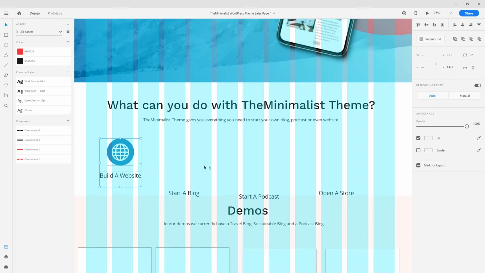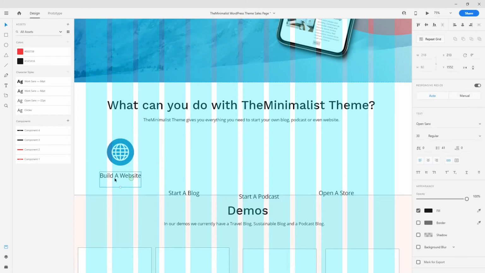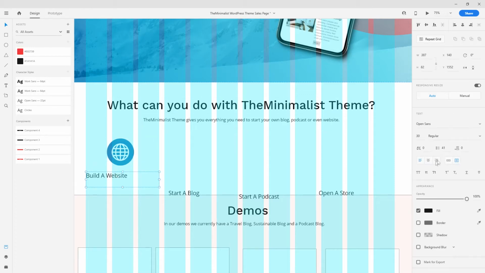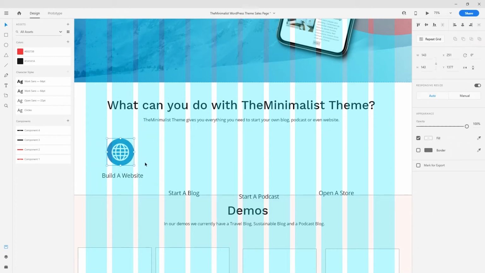So if we divide the 12 by 3, then it means we can use 3 of the grids in here for each element. So I would normally do something like this, and this obviously needs to be center aligned, and the icon can be grouped and center aligned with the text. And now that we're using 3 of the grids, I can do repeat grids, do this,